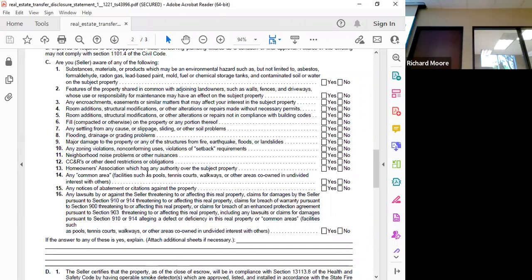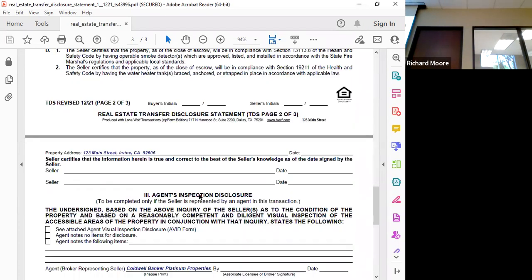Let's see, I think those are some of the more critical aspects, as a matter of fact, or an HOA association which has any authority over the subject property. And it could be a PUD. Coto de Caza is a good example. You don't have a direct management company, but you do have an overall management company. I think that's true probably in almost all of Irvine too. You could have sub-associations, but then the master also. If you go up to the very last page, please.